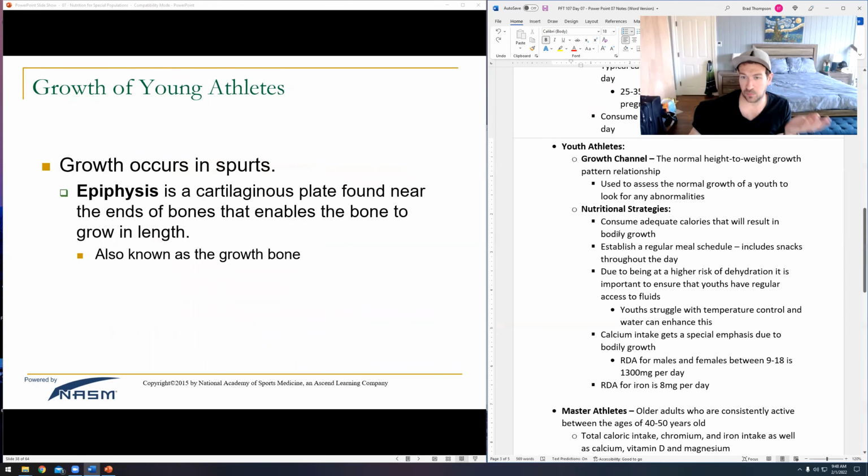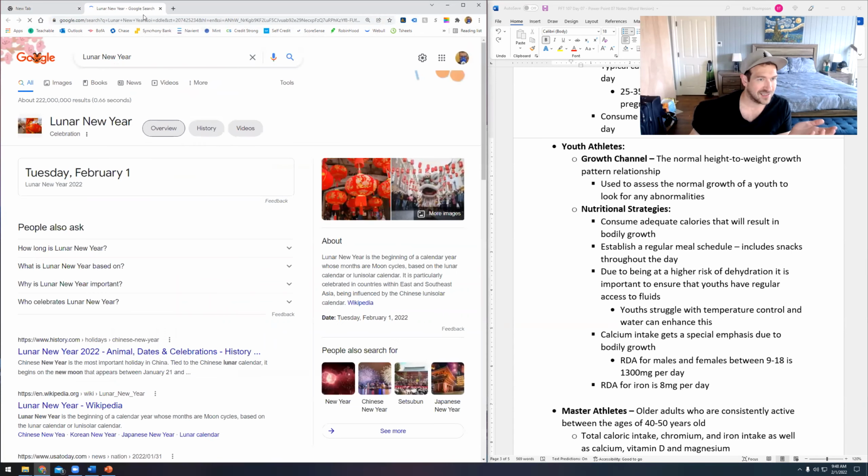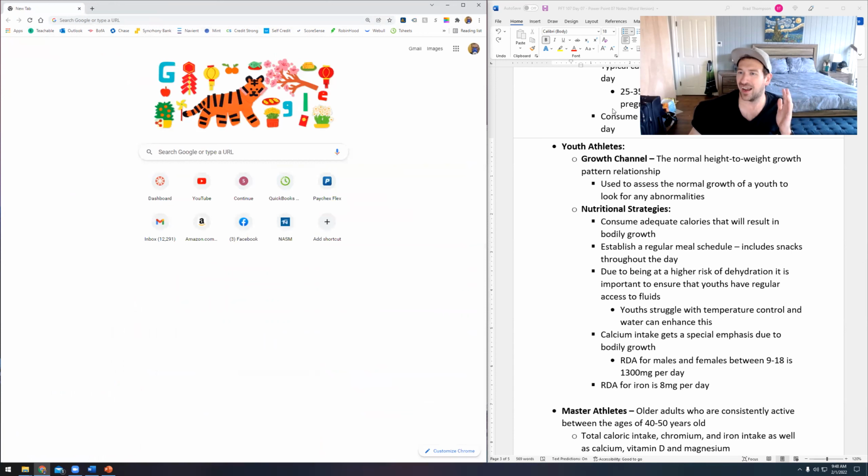When it comes to sports, another thing about growth is that it occurs in the plates at the ends of our bones. So when we look at how youths are actually growing,